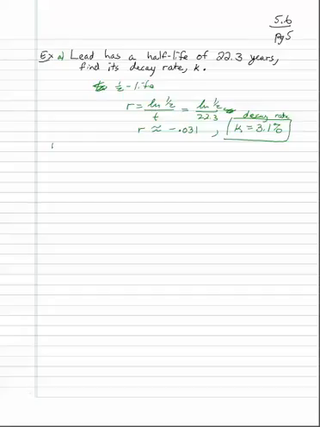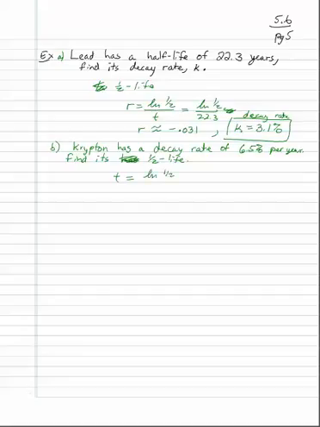Alright, so now let's see. Krypton has a decay rate of 6.5% per year. Find its half-life. Okay, so we want to find the half-life. So T equals ln of 1/2 divided by R. Now remember, R is negative if it's a decay rate. So it's negative